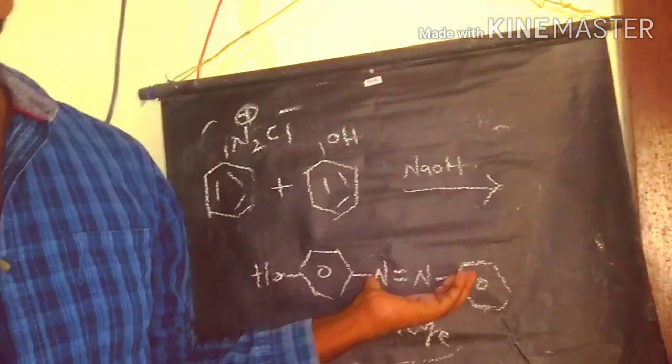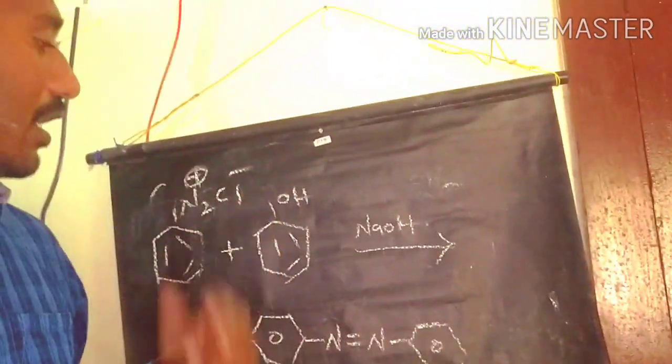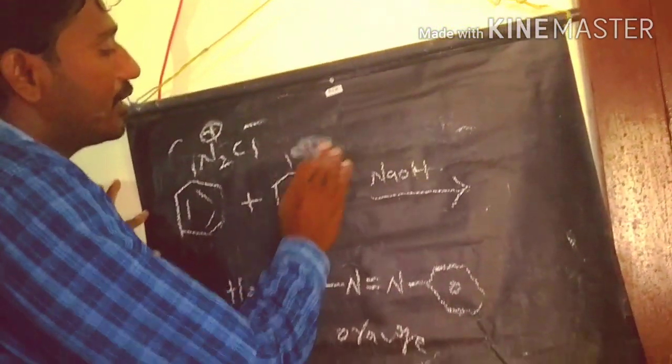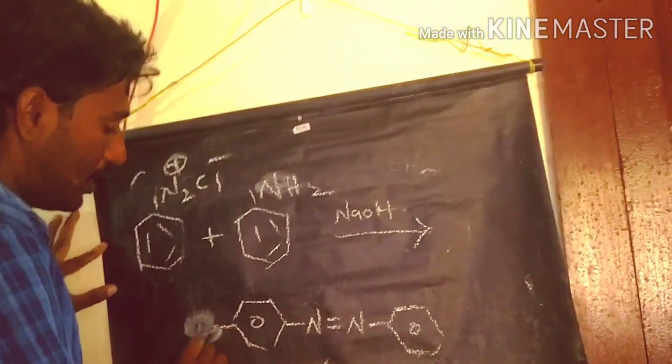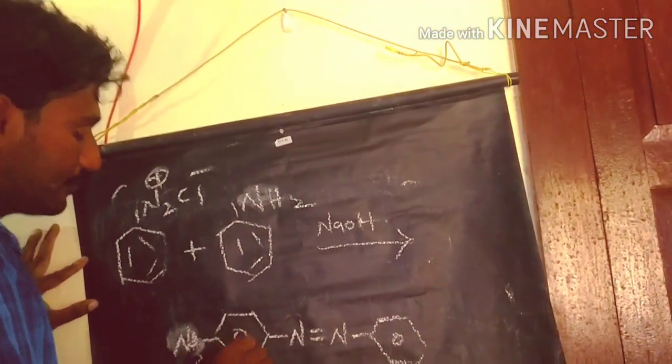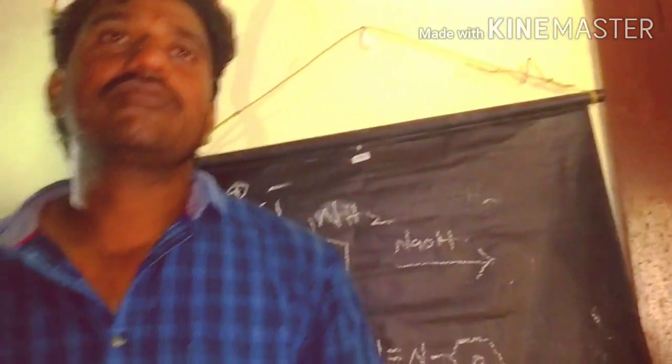So we can identify the diazo coupling with the aniline also. If we are using aniline in the place of phenol, we get aniline also involved in the diazo coupling reaction. This is also an identification test for phenol and aniline, using aryl diazonium salts. Next we discuss the nitrogen compounds.